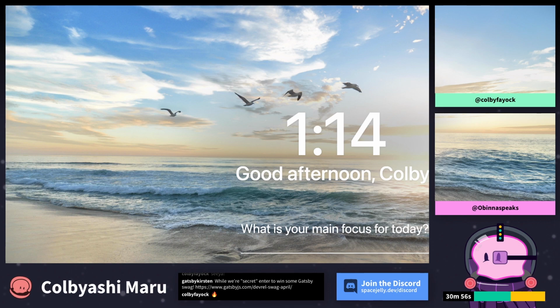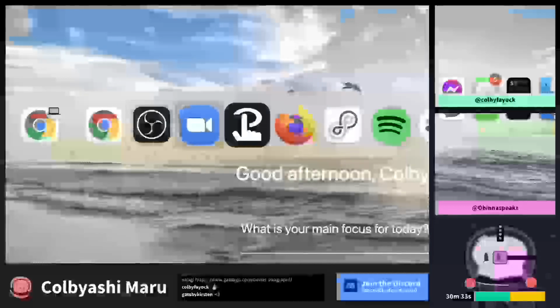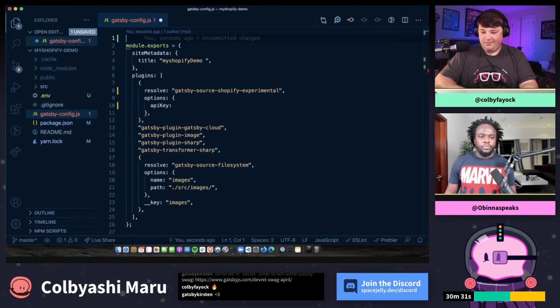So I'm just going to replace this here, and then add the API key, which, as I've explained, you're going to get from Shopify. And because I want to use the .env file, and I don't want to put the actual values here, I'm going to require